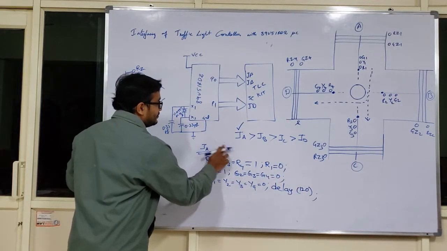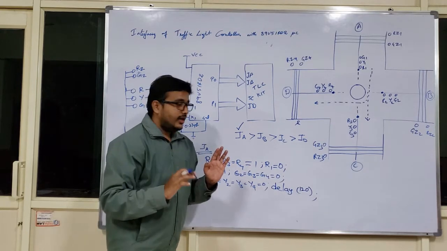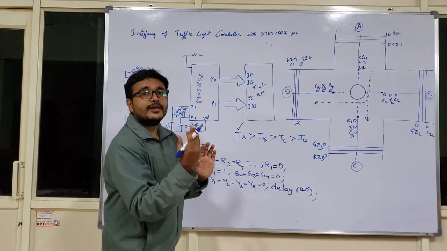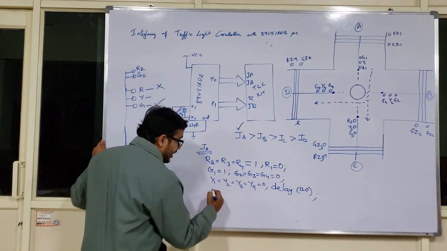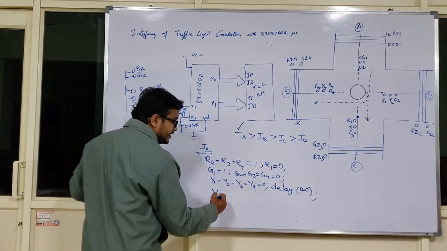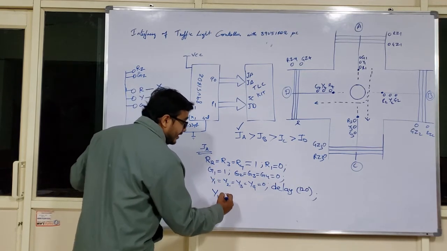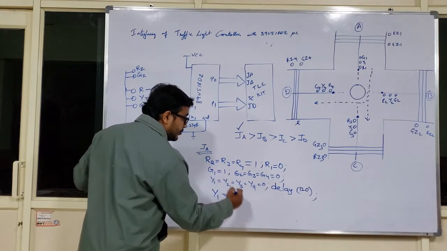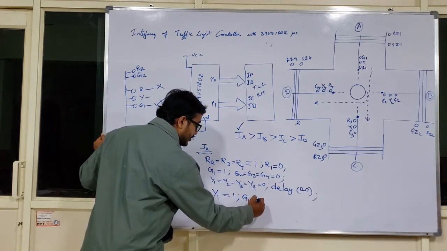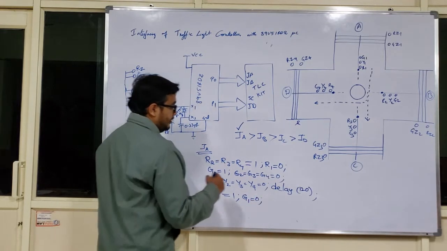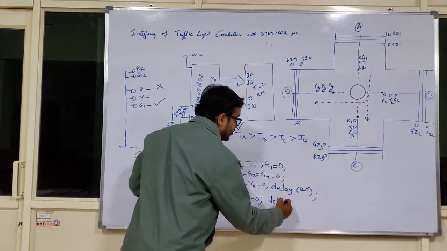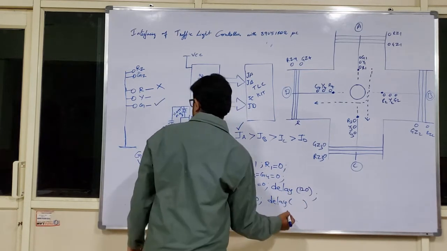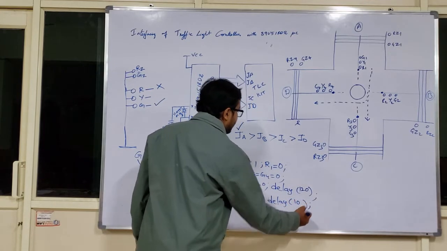So in order to overcome this, what I am doing here is immediately applying the yellow lamp for a certain duration of time. So the yellow lamp Y1, the yellow lamp presented at junction A, should be logic 1, and the corresponding green should be equal to logic 0. And this yellow lamp should give the light for at least 10 seconds, or 10 iterations.